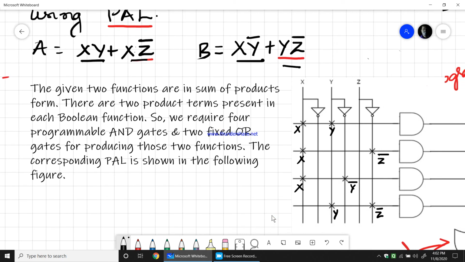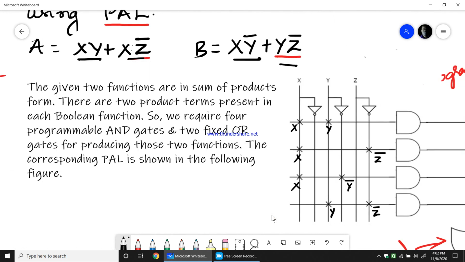Now the benefit of this is you are not using AND gates to give all 8 combinations here. As we have x, y and z, a 3 variable function, a and b, we are not using AND gates to give all 8 different combinations like how we got in PROM, which is programmable read-only memory. Here we are programming an AND gate only for the required product terms which we have in the Boolean function.